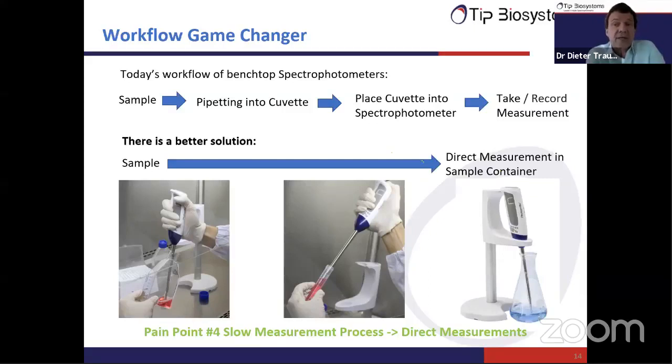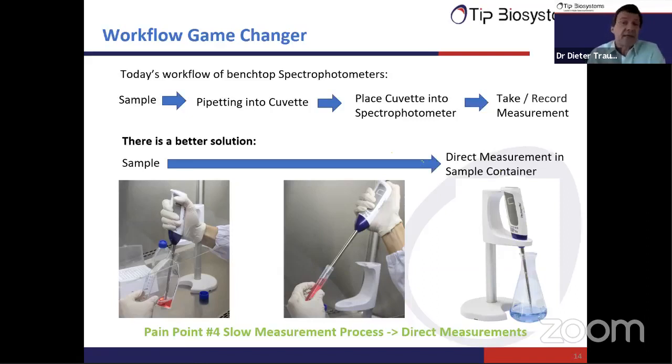So the nanodrop is one big advancement in terms of very small sample volume, but I also see the introduction of the handheld Photopette as quite some advancement in spectrophotometry, because it brings the instrument really to the sample and enables you to perform high quality measurements in a very simple way and workflow directly at your sample site, which could be in the hood, or it could be in the environment, or things like this.